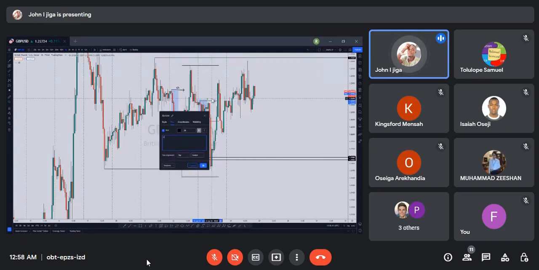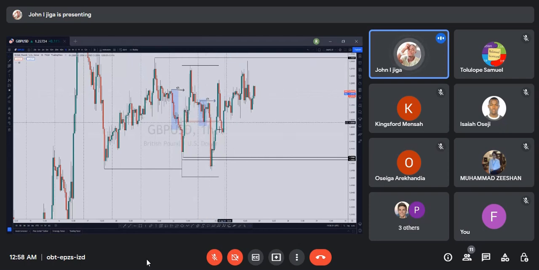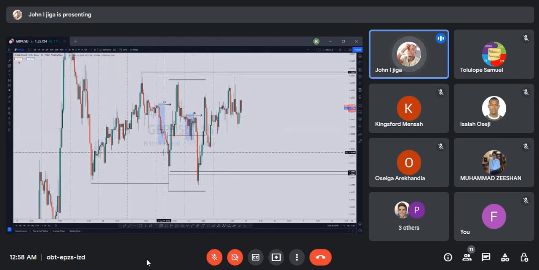So now you see this is practically ICT. This is practically using the ICT method, and then using that as supply and demand, because I haven't touched this mentorship completely, so I wouldn't say I'm teaching ICT. So you could see the Asian session, which London clears out the low, and then mitigates our POI, clears out the high. You could see here price clears out the high, which causes a change of character, and you could see